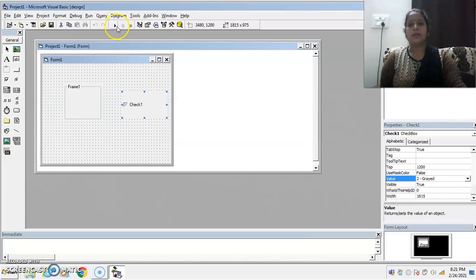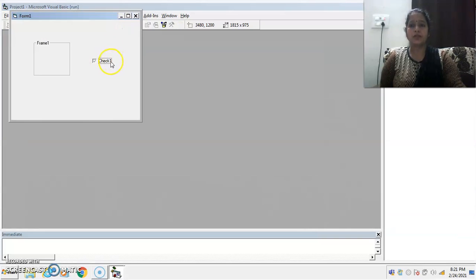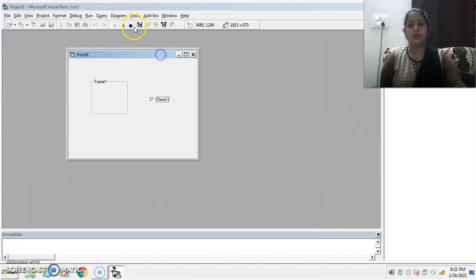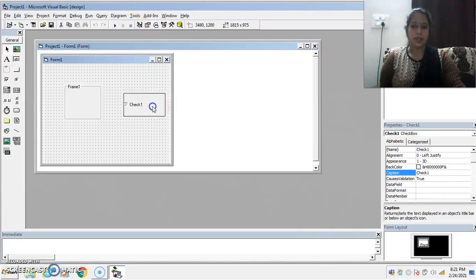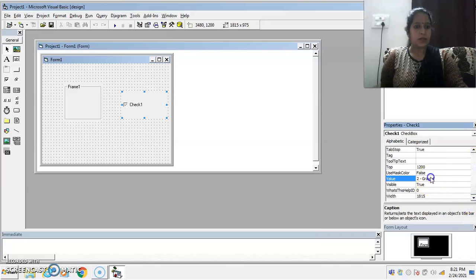In a similar way, if you set the value to grayed, then this checkbox appears as a gray control button to the user, meaning the user can't do anything with it. By default, its value is set to unchecked.